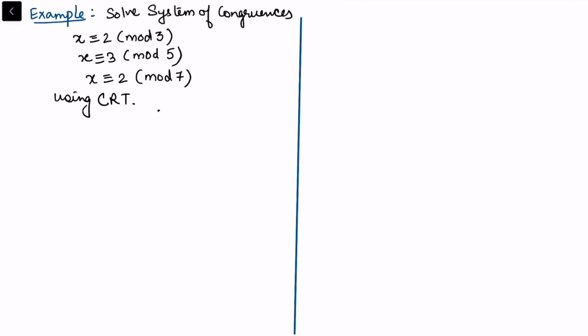Let's apply the Chinese remainder theorem to solve a system of congruences, and let me write here what the steps are. If we have been given x congruent to a1 modulo n1, and in a similar way x congruent to ar modulo nr, and we have seen in the statement that each ni and nj are relatively prime, so their GCD is 1 for every i and j.